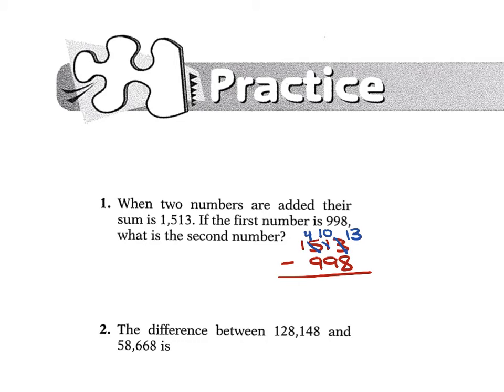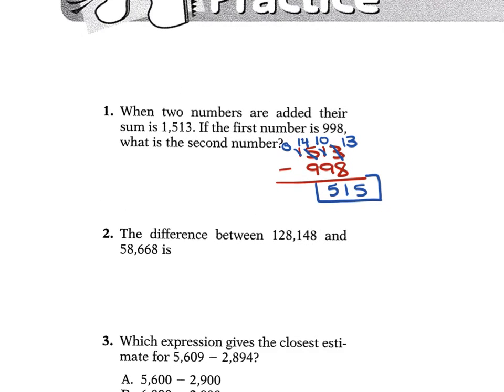You can't take 9 from 4, so that becomes a 14, making the 0 a 1. So 13 minus 8 is 5. 10 minus 9 is 1. 14 minus 9 is 5. So 515 was the other number. For 2, it says the difference between 128,148 and 58,668 is, we're just going to subtract these two. So 128,148 minus